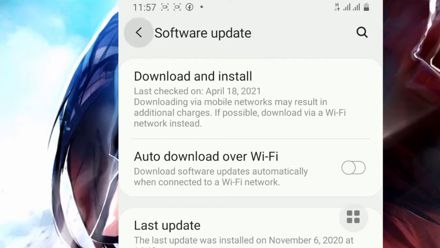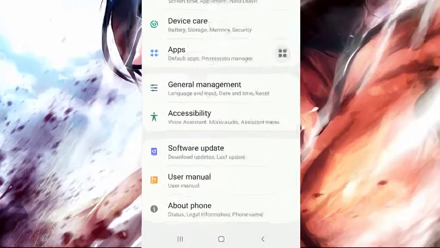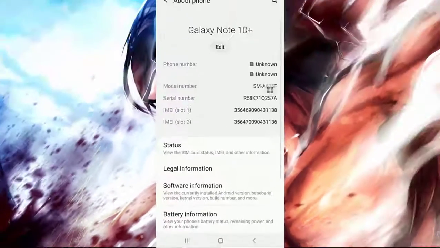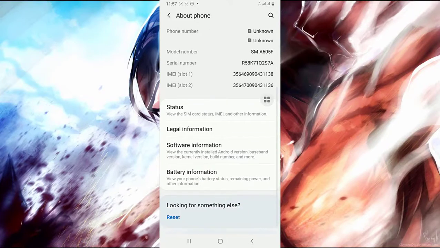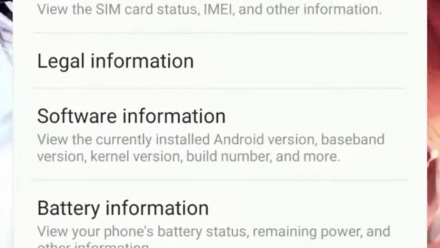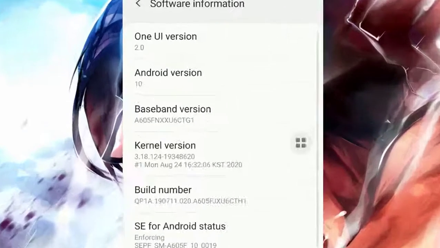Bonus tip: if you want to check your Android version, just go to About Phone. If you slide down, you will see Software information. Click on it, and here, as you can see, there's our